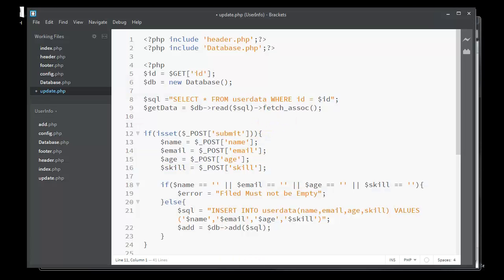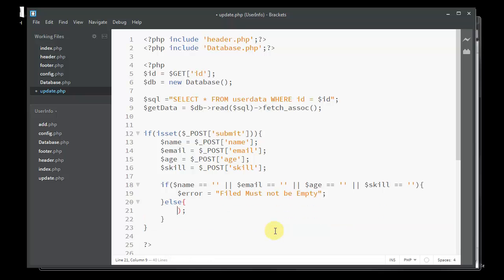So when we select, all the data is here, we are showing it here in a form, everything is okay, but here we are not inserting data. So what we are doing, we are updating our data, right? So we said all the data is here, and submit, then update, right? So we are performing insert at that time. So now we write the SQL query, that update